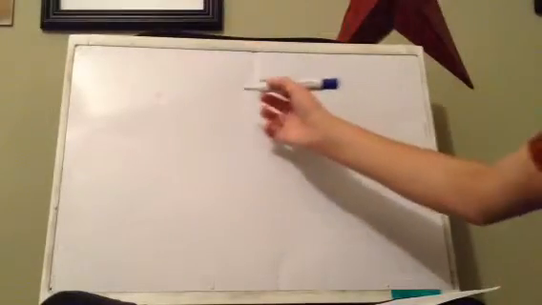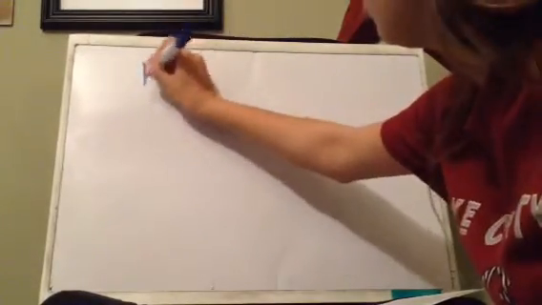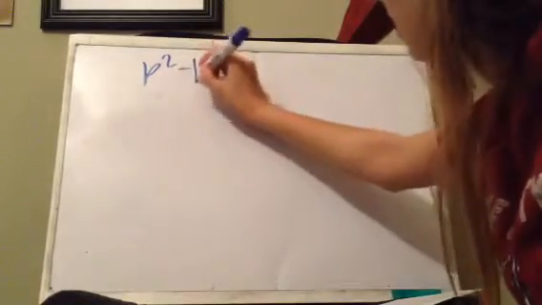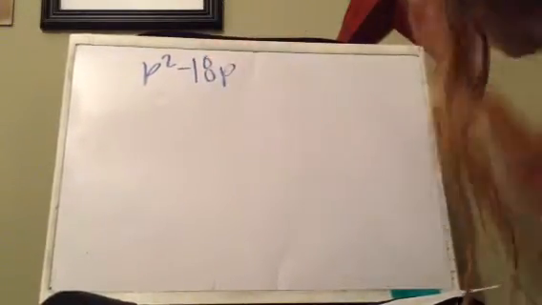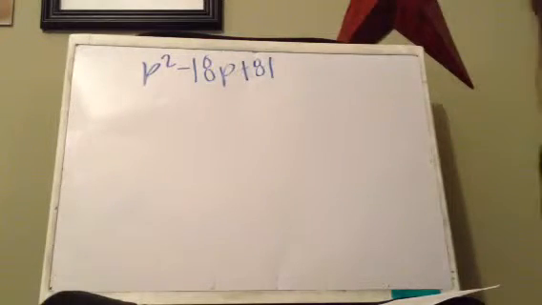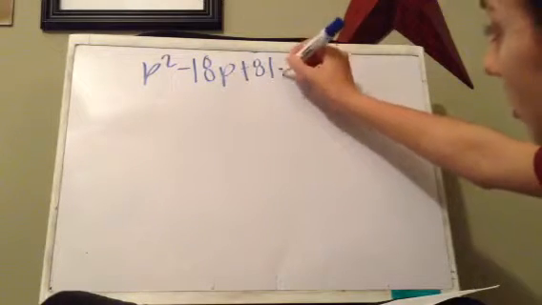And the equation I chose for this is p squared minus 18p plus 81. Okay, so notice that p squared minus 18p plus 81 equals